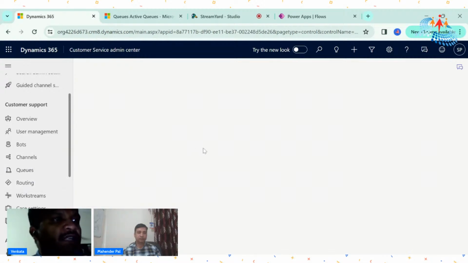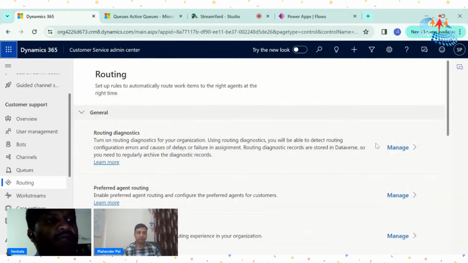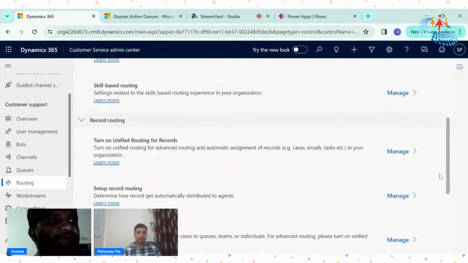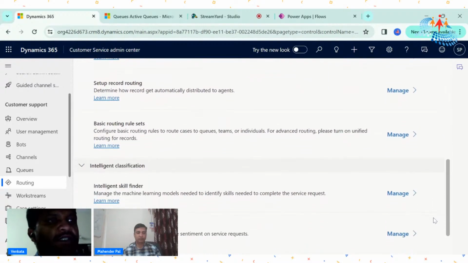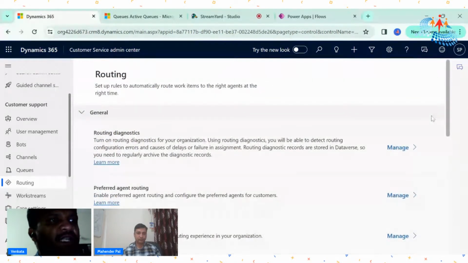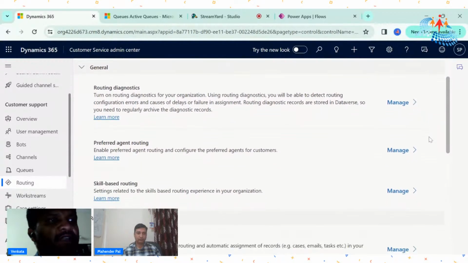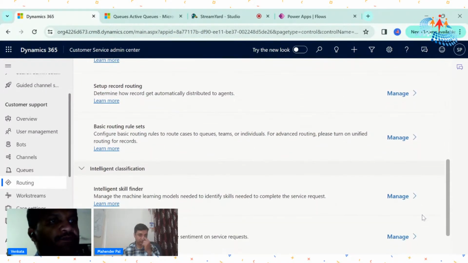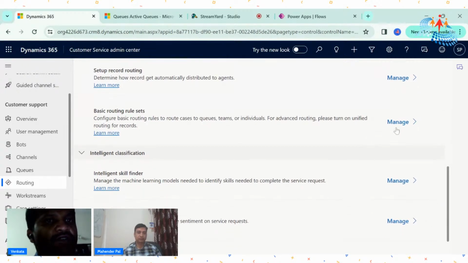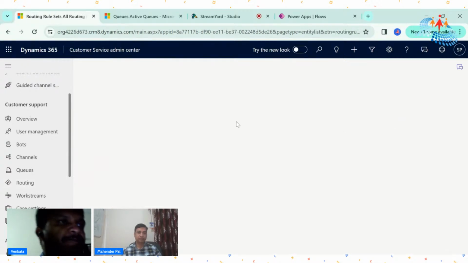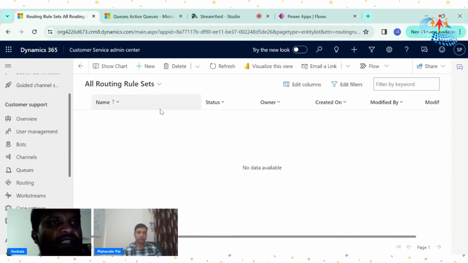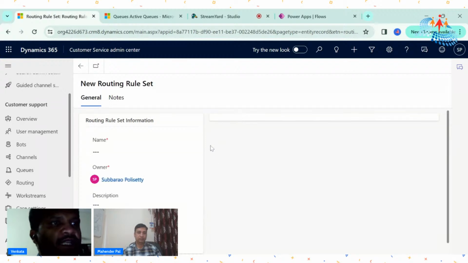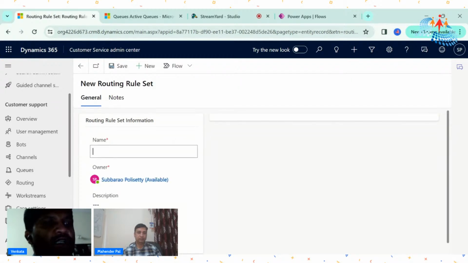If you go to routing first, we have different kinds of routing present. One is basic routing rules, which is the fundamental one, but there are other things like preferred agent rule and skill-based routing rule. So let us go to these basic routing rule sets. In this rule set, we can just create one with a particular name,